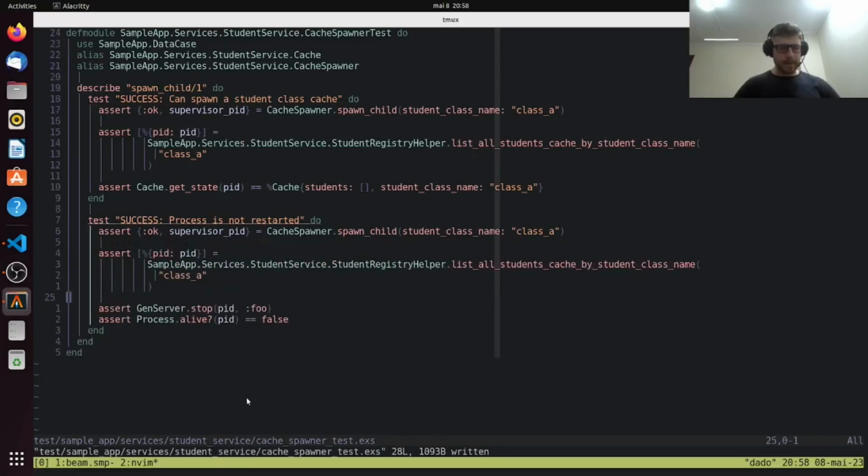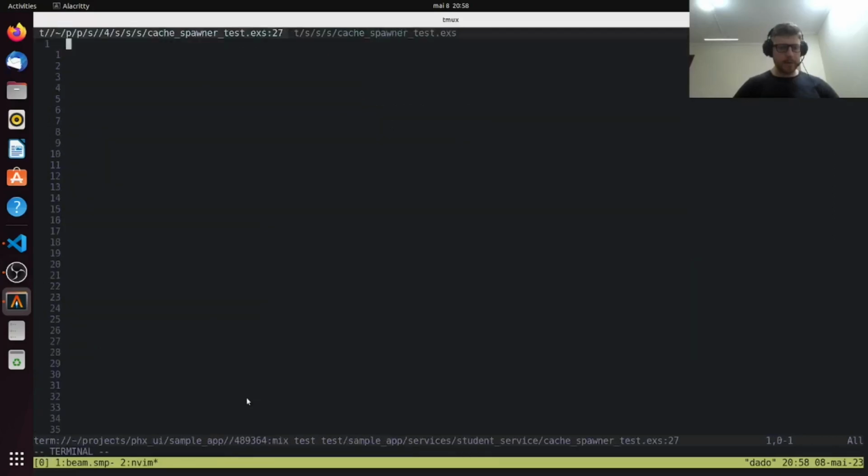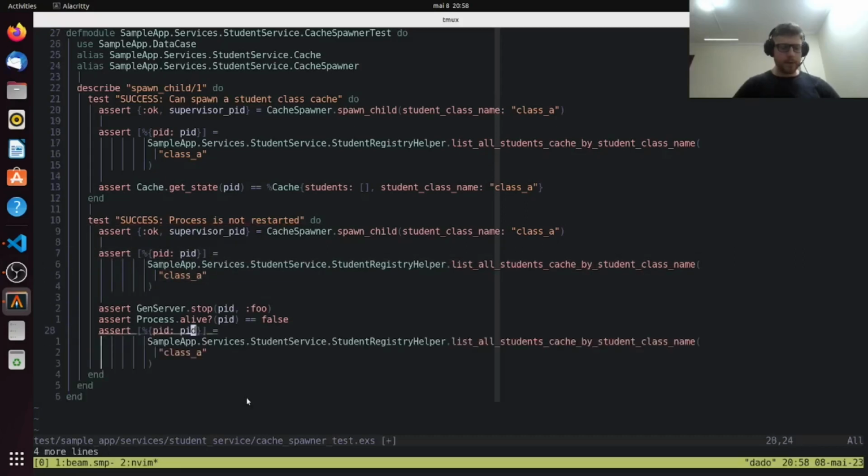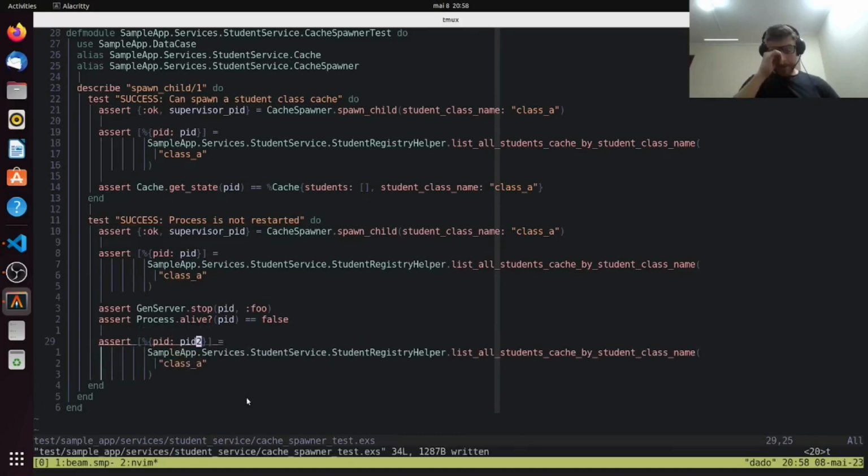So we get this PID here. And that's class A, that's a PID, and then we stop it, and the PID is alive, and then we do this, and everything should still be valid. But we should have another PID. So if I actually do this guy here, and this again, there should be a PID 2. If I run this,